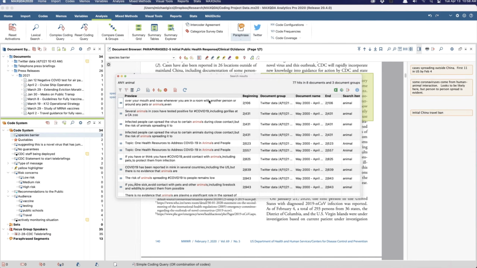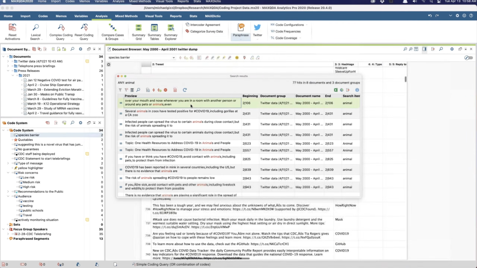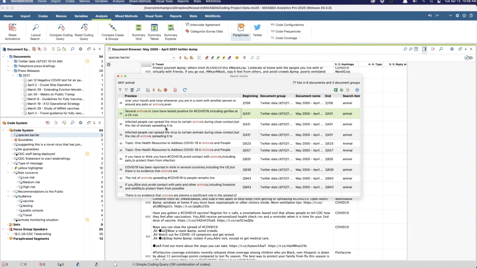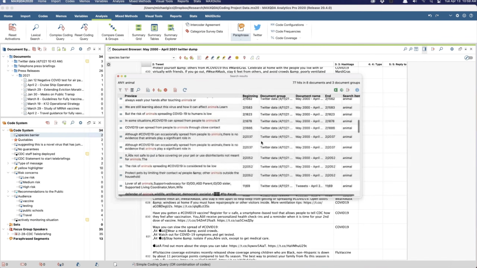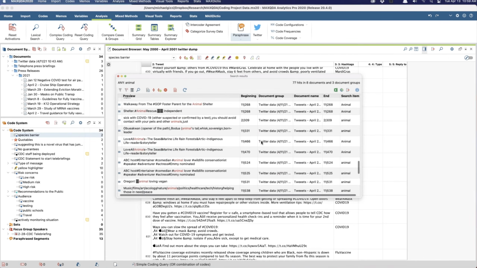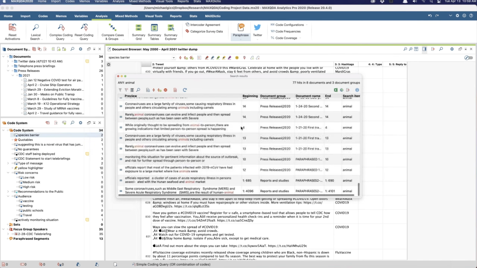So I run the search here, and you're going to see that it provides me with all these search results. A lot of these are coming from my Twitter data. Yeah, 77 hits in 8 documents and 3 document groups.